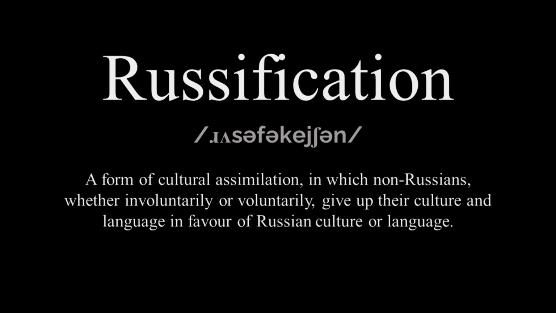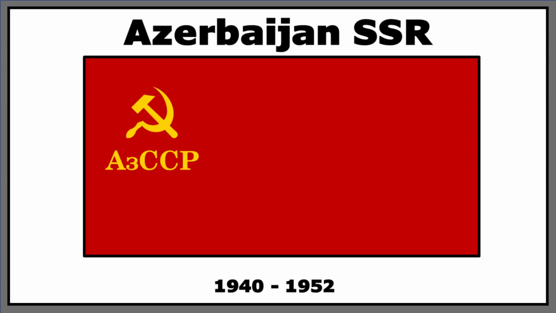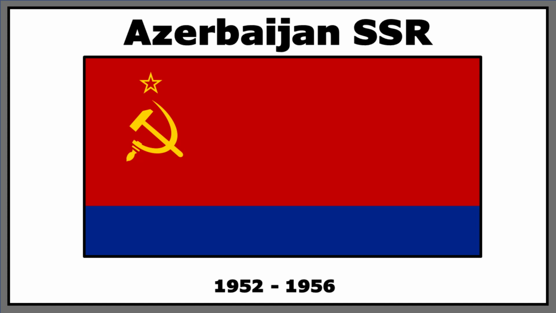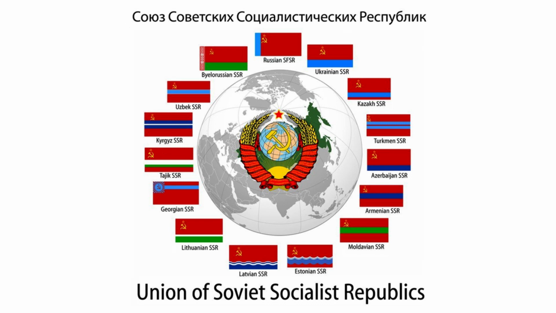Essentially, Stalin felt that the Turkic peoples may unite against the Soviet Union, and in order to prevent this, he should make it difficult for the different Turkic language speakers to communicate. And so the Cyrillic script was imposed upon the Azerbaijani language amongst others. Thankfully, the flag only lasted 12 years until 1952, where things get more interesting. That's right, after 3 decades of red and yellow dominance, the Azerbaijan SSR flag at last gained a third colour. It's one of the more basic of the Soviet Republic flags. But you do have to admit, those flags were cool.